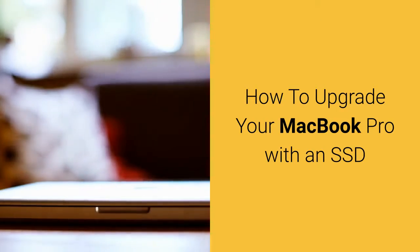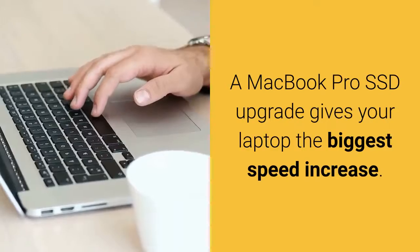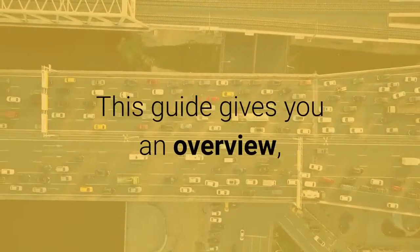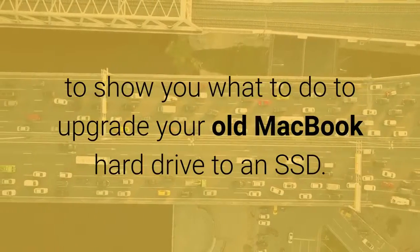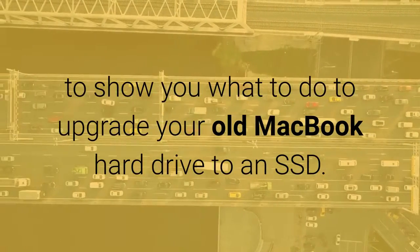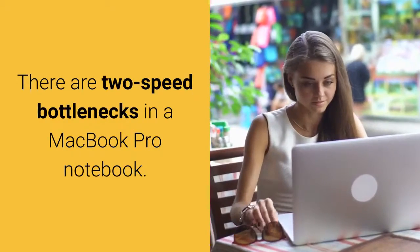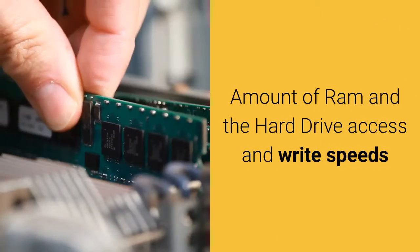How to upgrade your MacBook Pro with an SSD. A MacBook Pro SSD upgrade gives your laptop the biggest speed increase. This guide gives you an overview to show you what to do to upgrade your old MacBook hard drive to an SSD. There are two speed bottlenecks in a MacBook Pro notebook: amount of RAM and the hard drive access